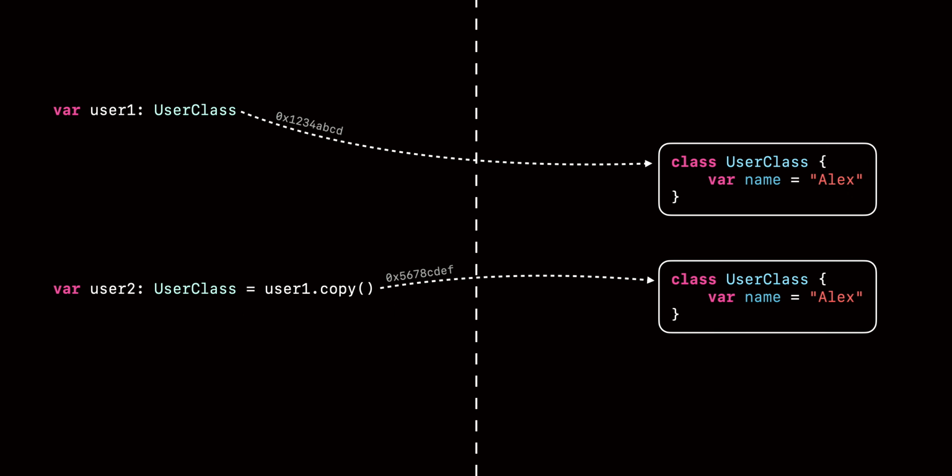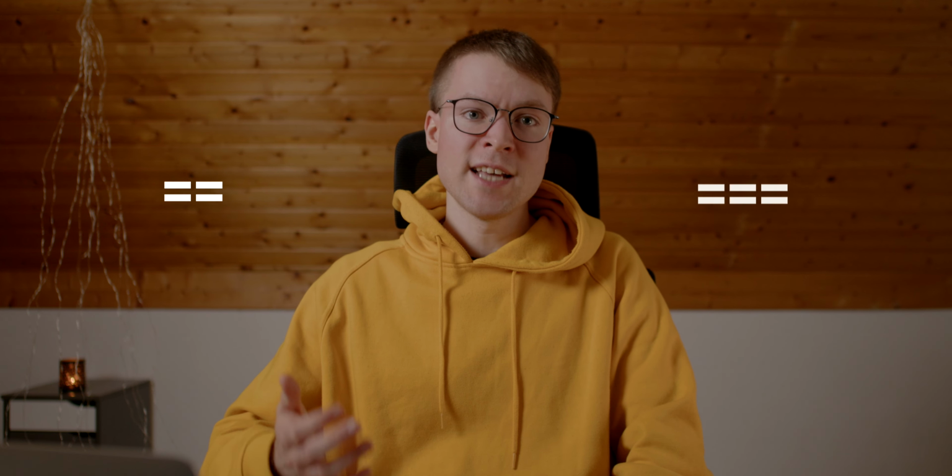Let's take a step back to copying. Assume you duplicated a reference type object by calling its copy method. The question is, are these two objects the same? And the answer is, it depends. What? Don't look at me. I warned you this topic is not a trivial thing. In Swift, the same can mean two things: equal or identical.